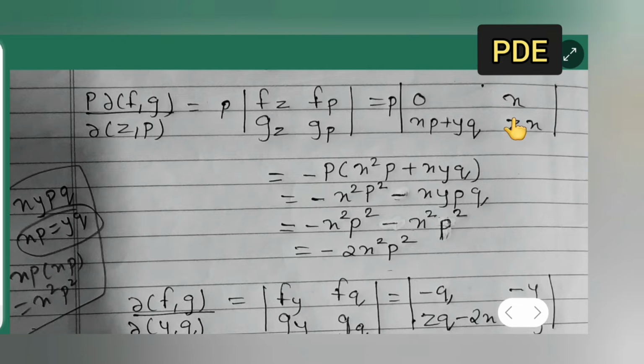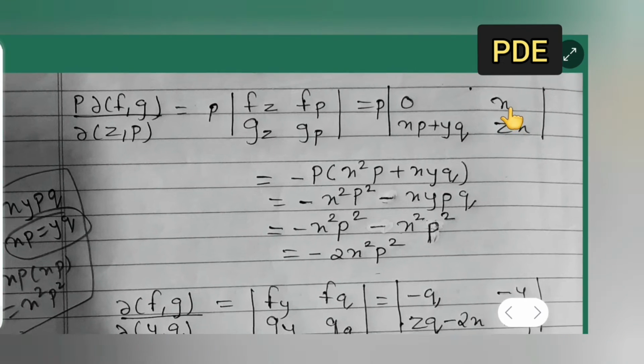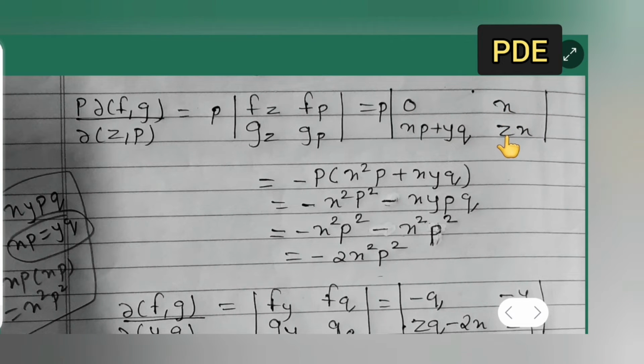Next, if you multiply 0 with this, you will get 0 definitely. So write down minus, because you are getting minus, no? You have to multiply this with this. So actually it is 0 minus this. So minus p x square. I am multiplying it with this, x square p plus xy cube. So multiply this p with this and then with this. So minus x square p square minus xy p cube. So minus x square p square minus,